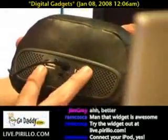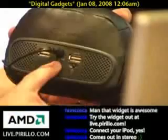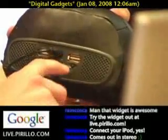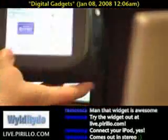Two USB ports, and a headphone jack, by the way. The one thing I'm disappointed about right now, I can tell you, is that it doesn't charge by USB. That, to me, that's a little... I'm not going to say borderline. I wish they would have done that, because I have to run an AC cable. It's not going to run on battery, at least at this point, because it's going to be on all the